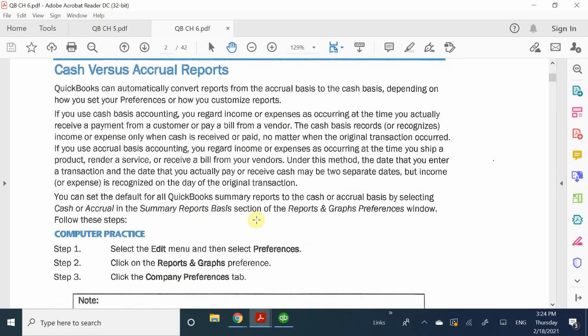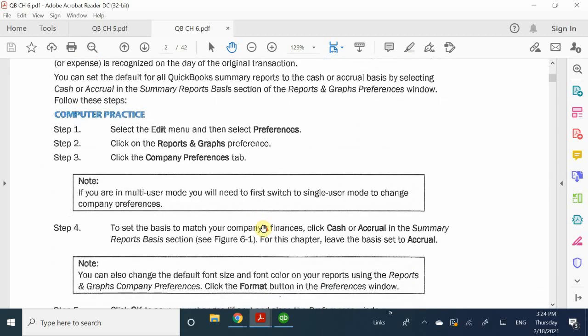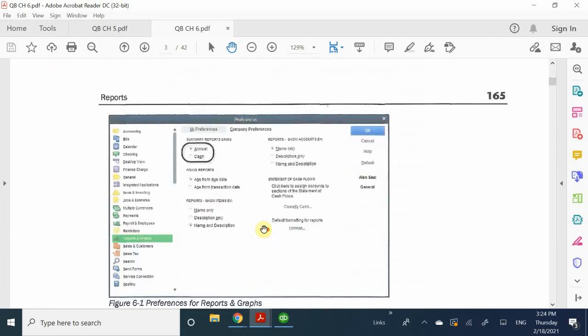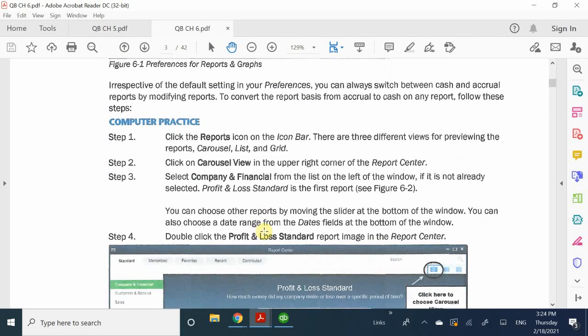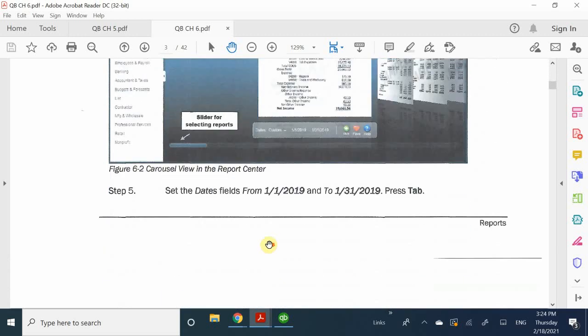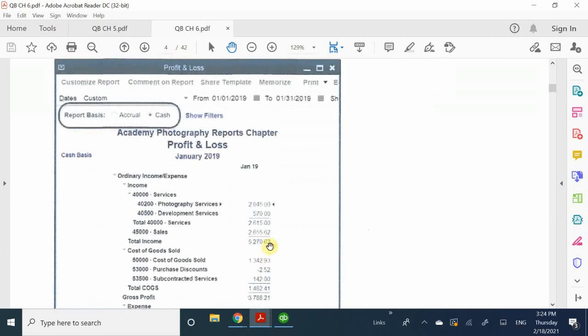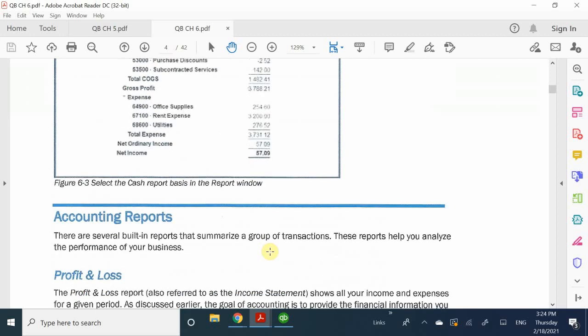Okay, and then as I go along with that, I'm going to show you the difference between the cash basis versus the accrual basis and how you're able to toggle it from there. So the first one I'm going to show you is we're going to be talking about accounting types of reports. Okay, so accounting type reports are anything that is going to be dealt with